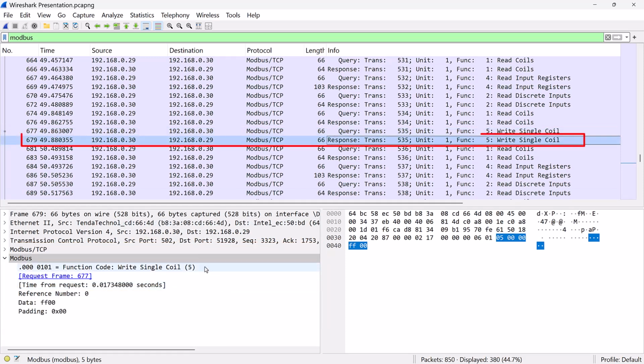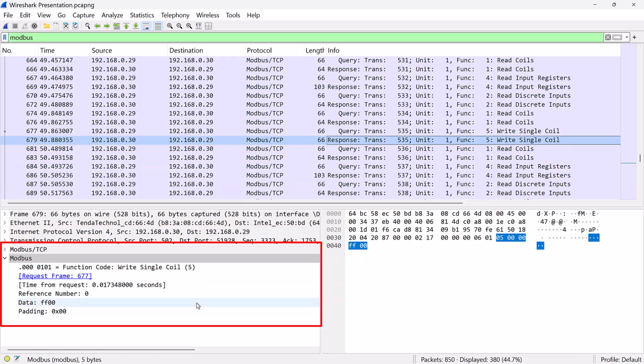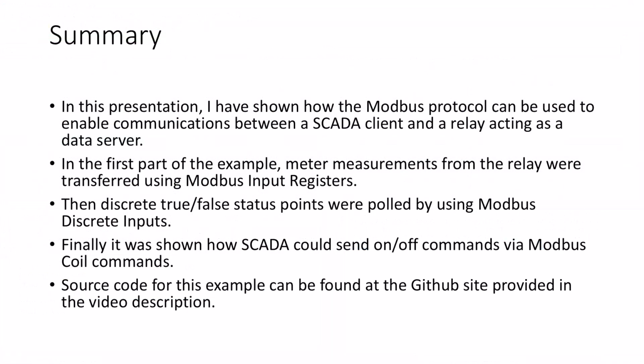The relay server responds with function code 5, matching the client's request. The response includes data fields with padding and the register value FF00, confirming that the coil was successfully set to true for 1 second. In this presentation, I have shown how the Modbus protocol can be used to enable communications